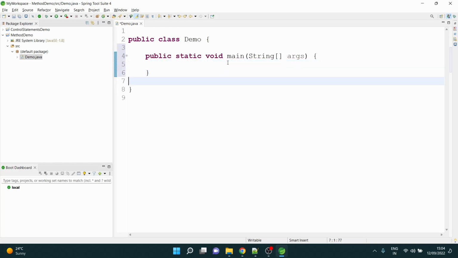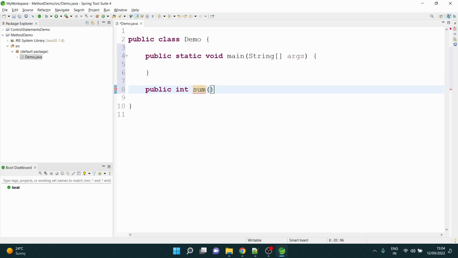And I will have one method as public int, the one which we saw as an example. I'll say sum, int a comma int b, return a plus b. Simple method, public integer return type, and it will calculate the sum of a and b, two integers,